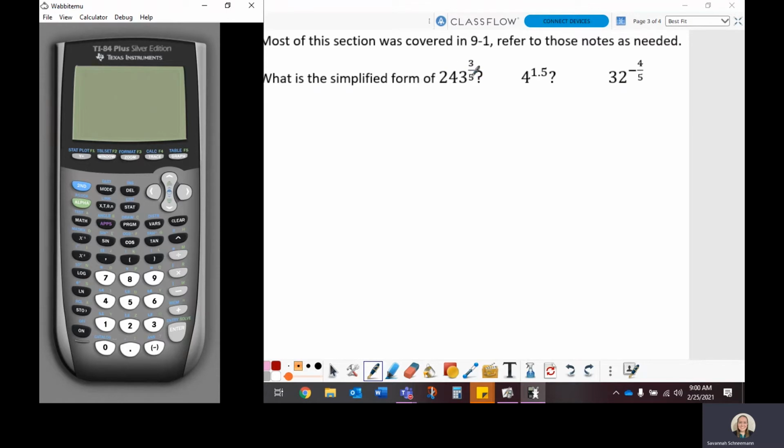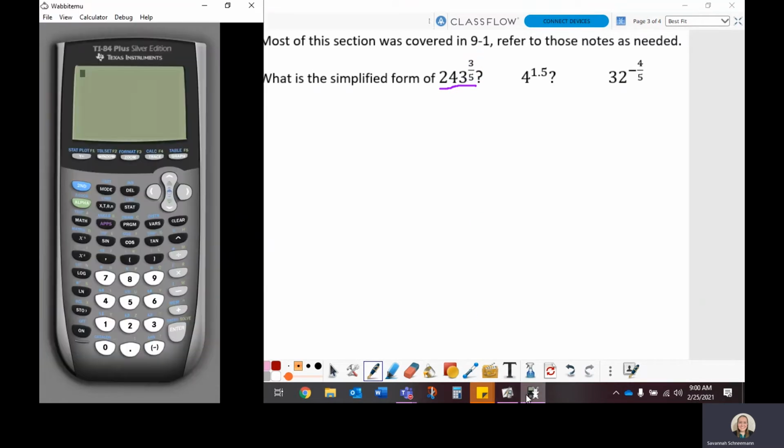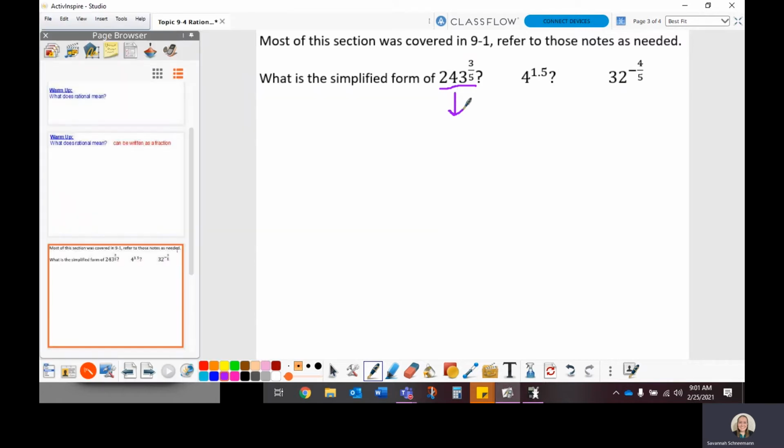I'm literally going to take this right here, the 243 raised to the 3/5 power, and plug it in the calculator. If it's already in rational form like that, there is nothing we need to do. So I'm going to type 243 raised to the 3/5 power. We hit enter, and we get